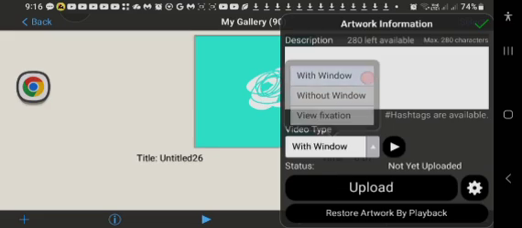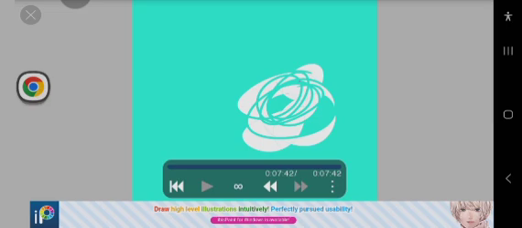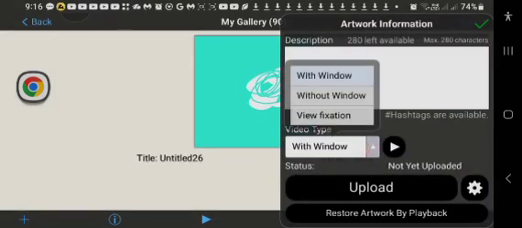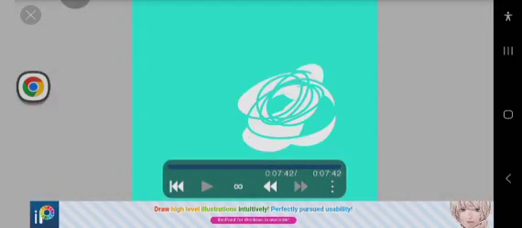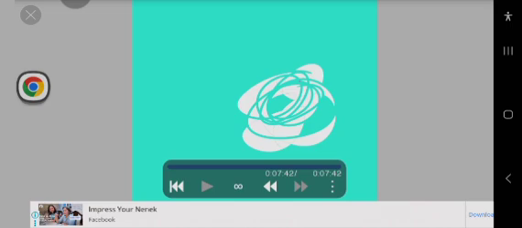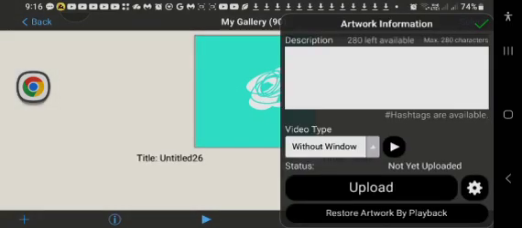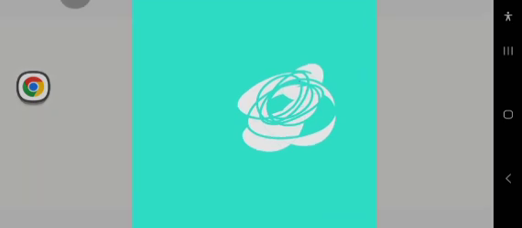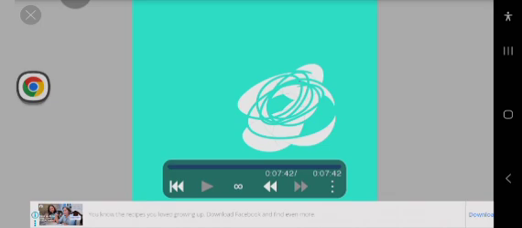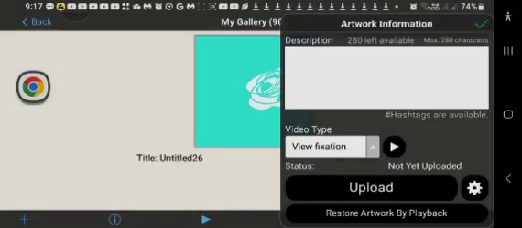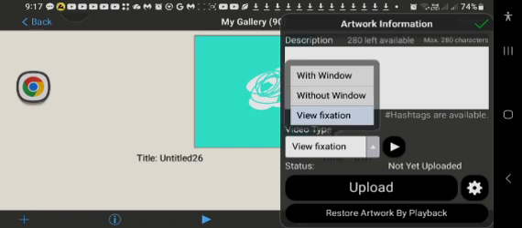You can go without window or with window. I'm going to show what with window looks like, and that's essentially with window. And there's another one without window, somewhat similar, but it doesn't have the user interface or UI of Ibis Paint with the tools and other menus shown here. View fixation is Ibis Paint's default, but it kind of looks boring. And if you want your process to be seen in a more in-depth way, you can basically use a with window view,